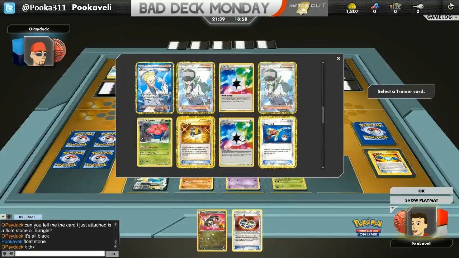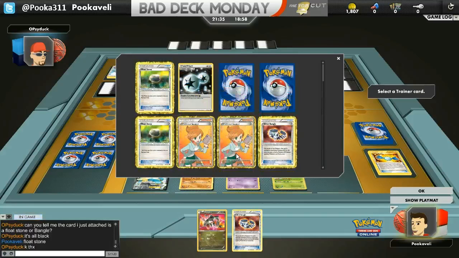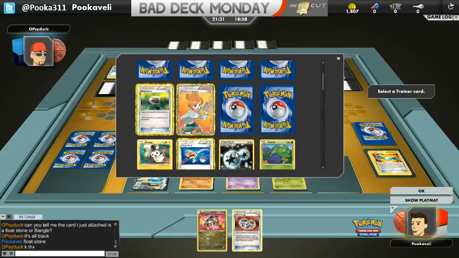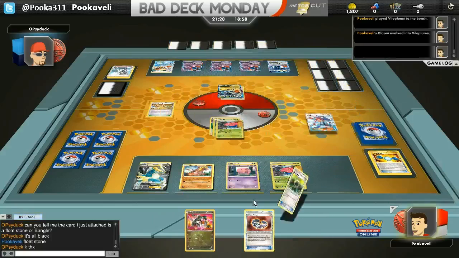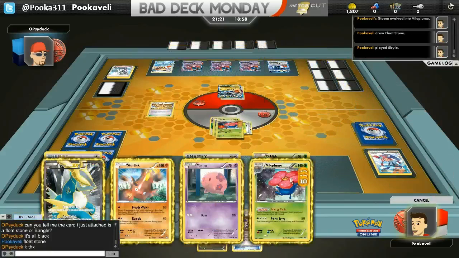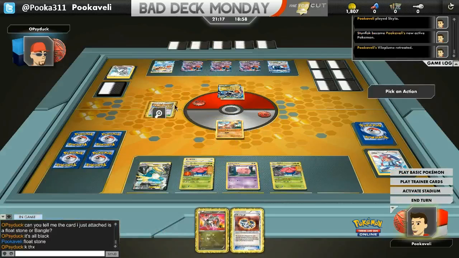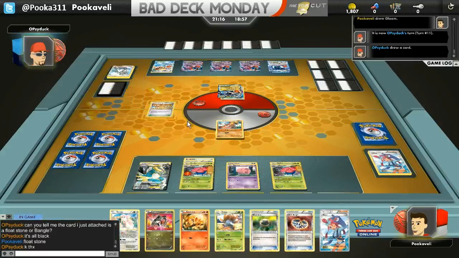And normally in this kind of situation, you might say, well, I'll grab a supporter. But since Tropical Beach is in play, I'll be able to refill my hand up to 7, so I might as well just grab something I can play. I'm not going to attack this turn. I'm just going to go ahead and Tropical Beach. So we'll put a Float Stone on the Vileplume, and then retreat into Stunfisk, since it doesn't even have energy on it. We'll promote him as a sacrifice, and then beach my hand up to 7,